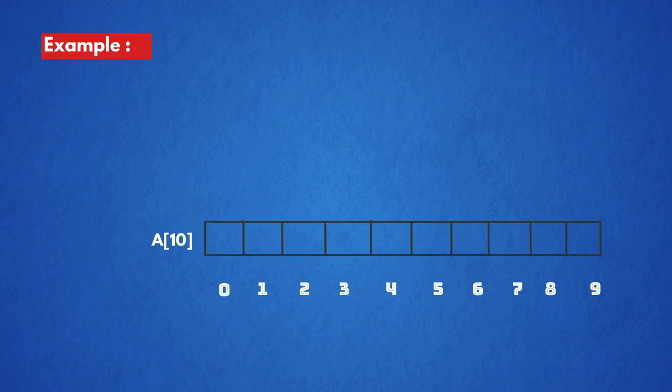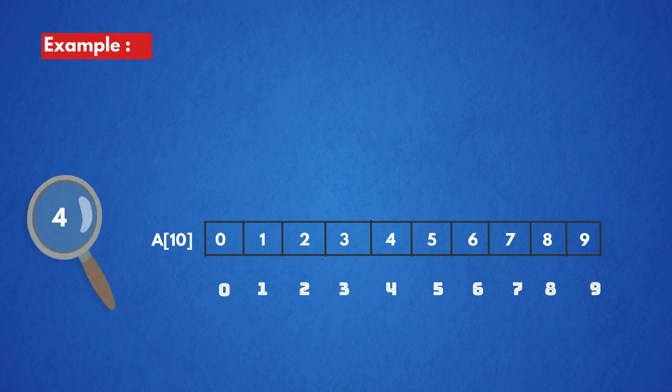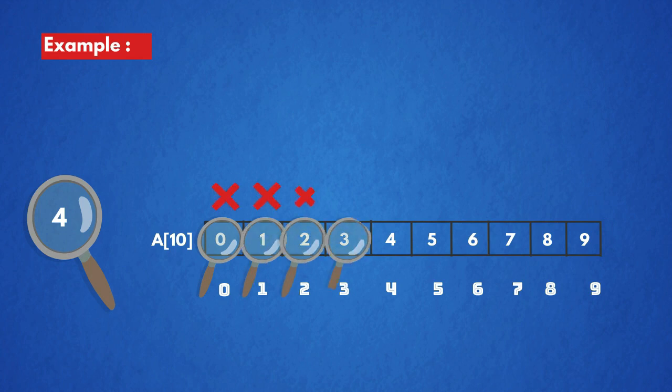Let us understand linear search with examples. First example, we have taken an array A whose size is 10. That is, the index starts from 0 to 9. So the array is filled with digits 0 to 9. Now we need to apply the linear search. Let the element to be searched be 4. Then we need to check if 4 is present at the 0th location, but we have 0 at the 0th location. So 4 is not present at the 0th location. Next we keep on continuing to check at each and every location of the array. Next we will search the 4th index element. The 4th index element is 4 and the element to be searched is also 4. Hence, the element is found.